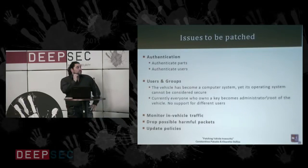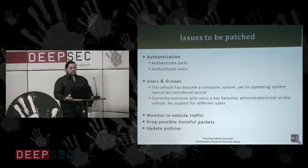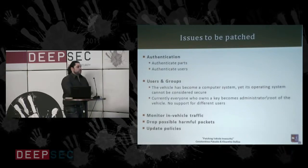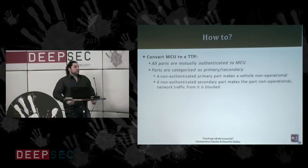What we will try to patch with our proposal is the authentication of the parts and the authentication of the users. We will create users and groups for the cars, monitor the in-vehicle traffic, and try to drop possible harmful packets, and create a policy that can be updated through the internet more easily. How can we do it? We would like to